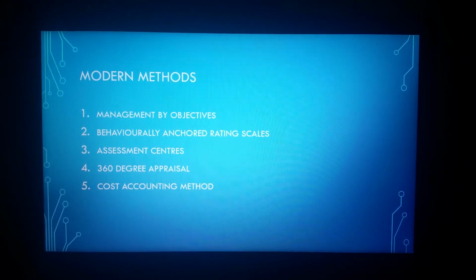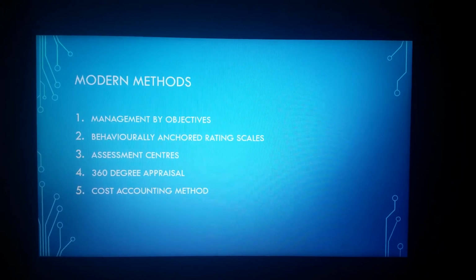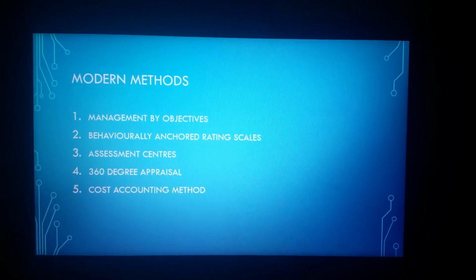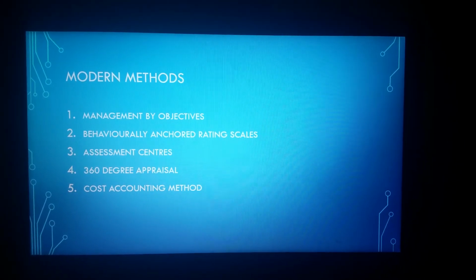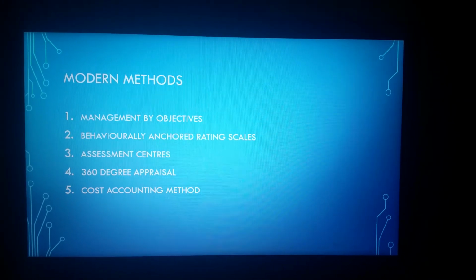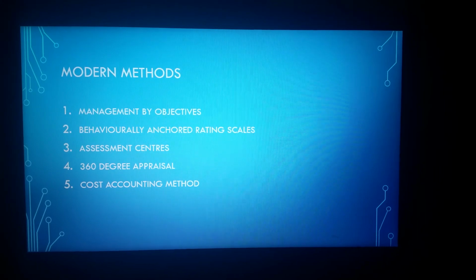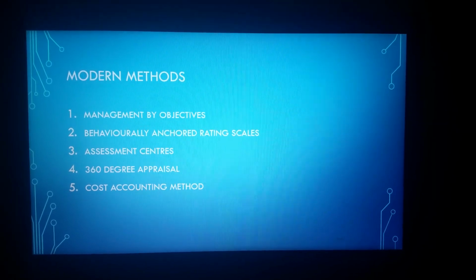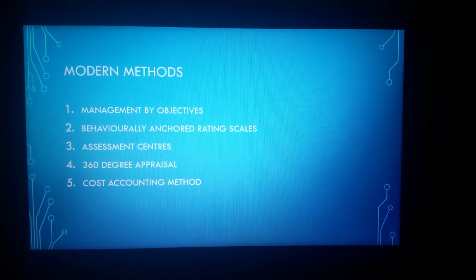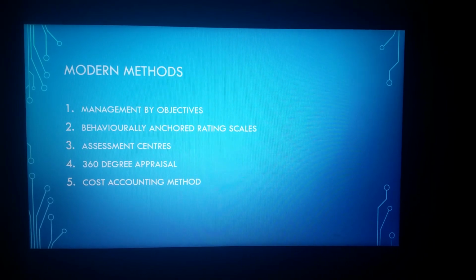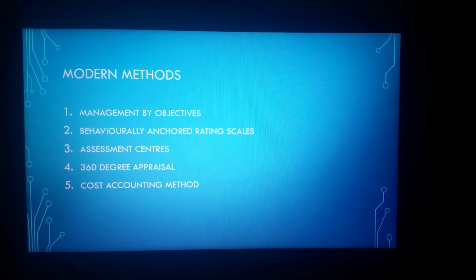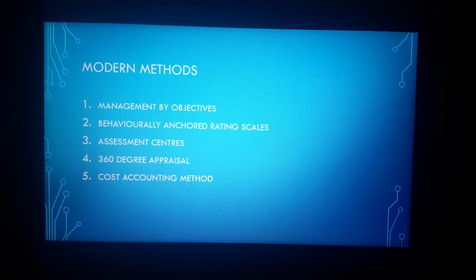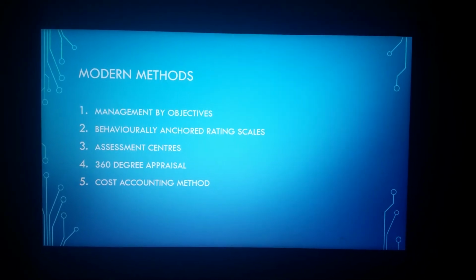Whereas in the case of a 360-degree performance appraisal, the performance of the employee is assessed all around, and not only by the superiors but also by the subordinates, peers and customers with whom they interact. All these appraisers provide feedback regarding the performance of the employee. Once this information is gathered, individualized reports are prepared through a computerized system, and a 360-degree feedback, or rather an all-round feedback, is given to the employees. So this is a very realistic method, and it is used by a number of big organizations.